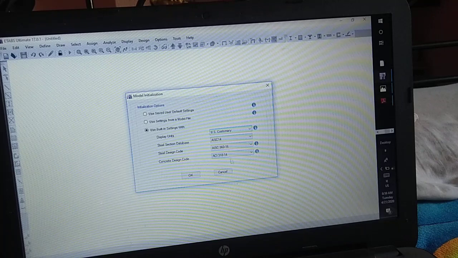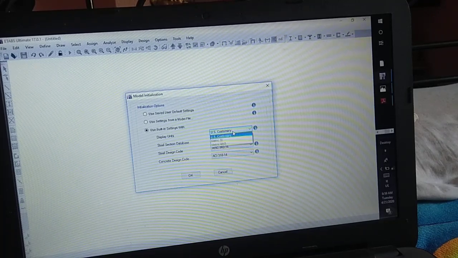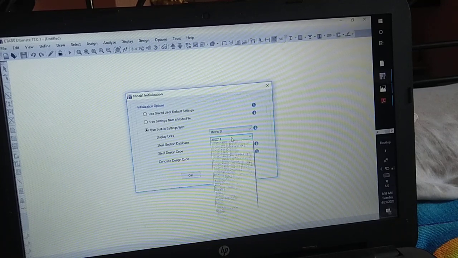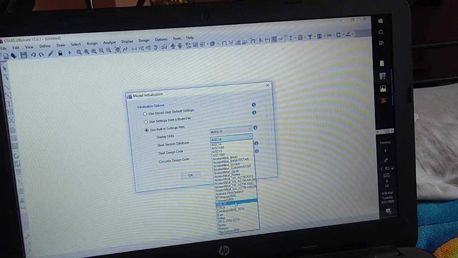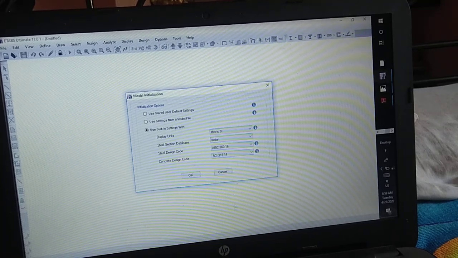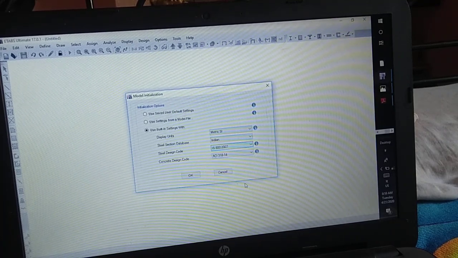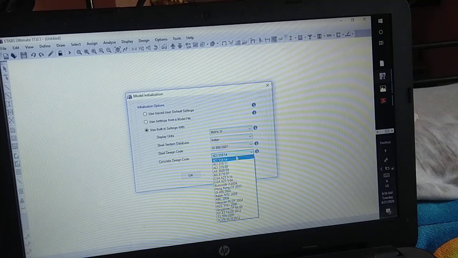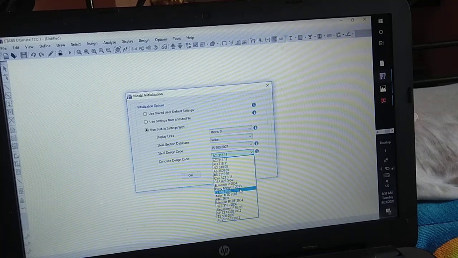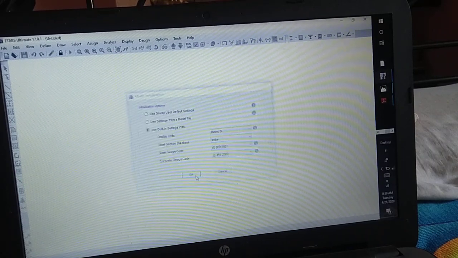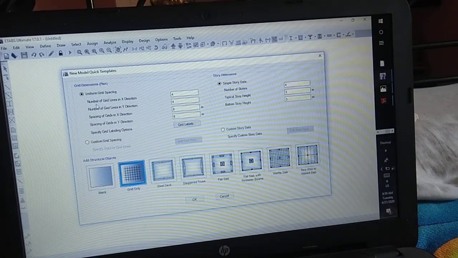So these are some default options. We are going to change to metric SI, then steel section database Indian, then steel design code IS 800 2007, concrete design code IS 456. So click on OK. Now next option,